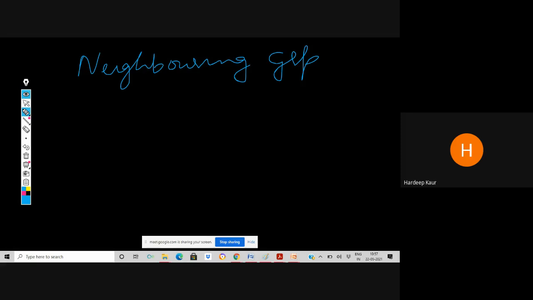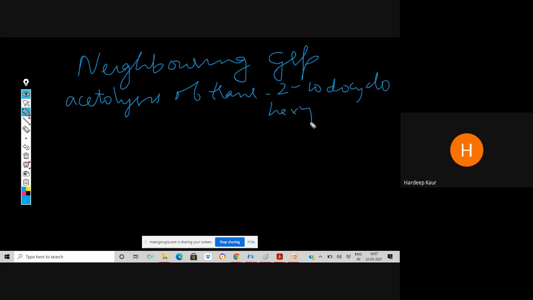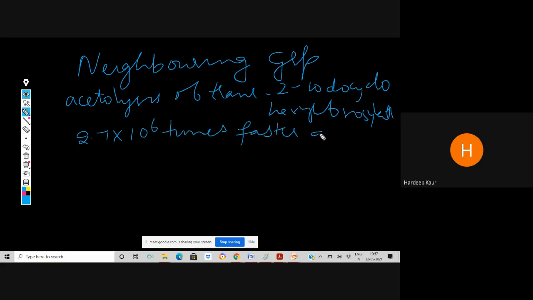So suppose, let us take one example. The acetolysis of, we are taking acetolysis of trans 2-iodo cyclohexyl brosylate. So it undergoes 2.7 into 10 raised power 6 times faster acetolysis